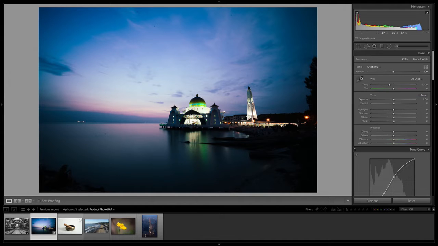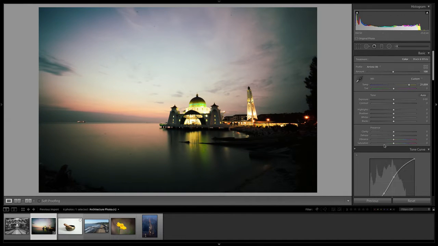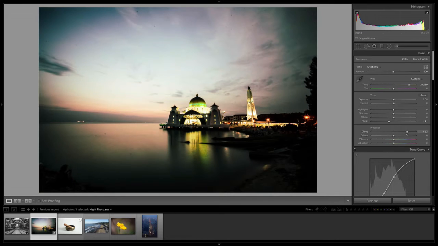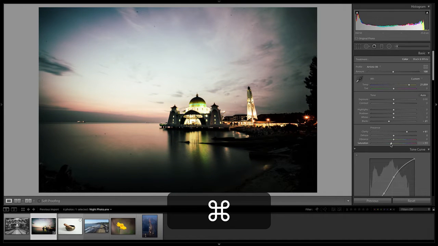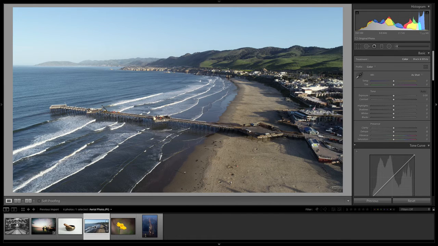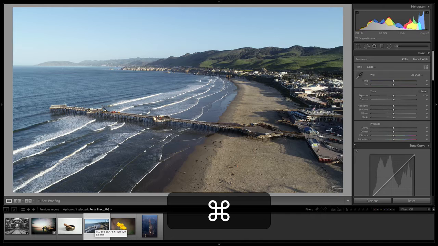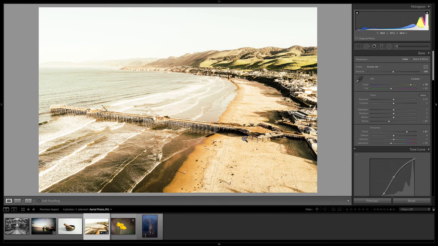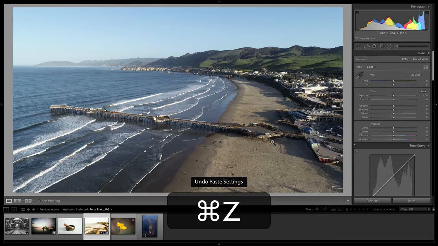We've already learned that, say you make a bunch of edits, and I'm just going to go crazy with the white balance so that you can really see what I'm doing when I paste them to other photos. But say you make a bunch of changes to a photo like this, go crazy with it however you want, and then you want to copy and paste, you can simply press Command C or Control C if you're on a PC and choose the options that you want to copy. I'm just going to select all of them for the fun of it. Then go to the next photo you want to paste them to and press Command V, or Control V if you're on a PC, and that pastes all of those settings.